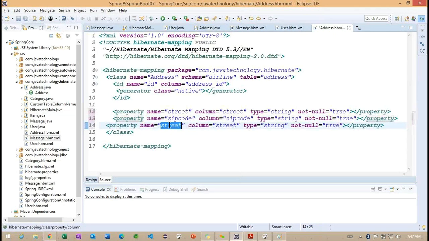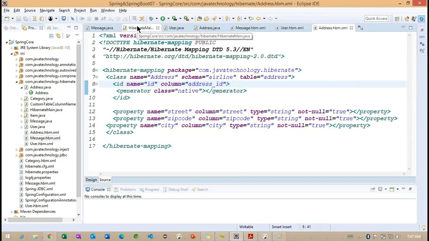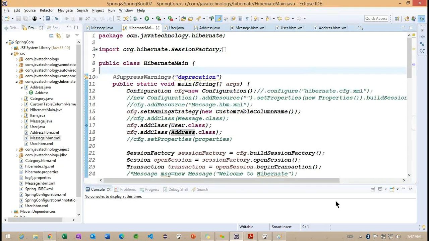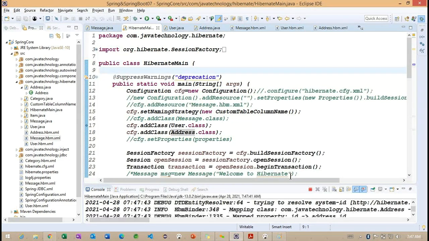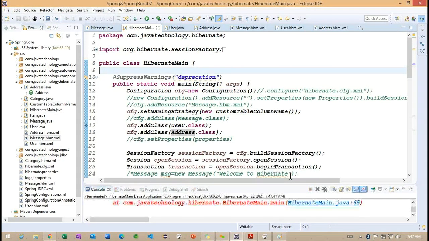Zip code. Okay. Let me, anything we need to change here? No. Okay. So go for the main class.